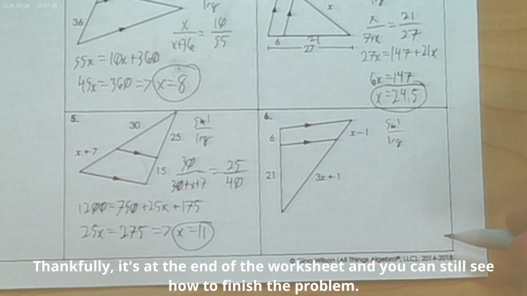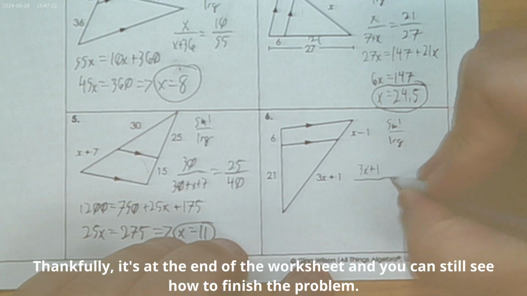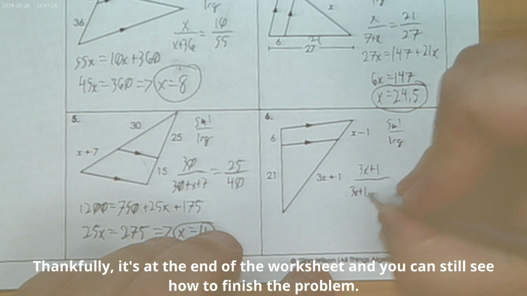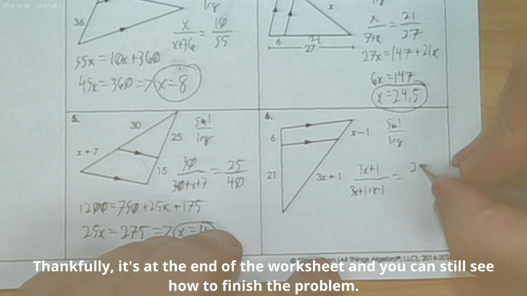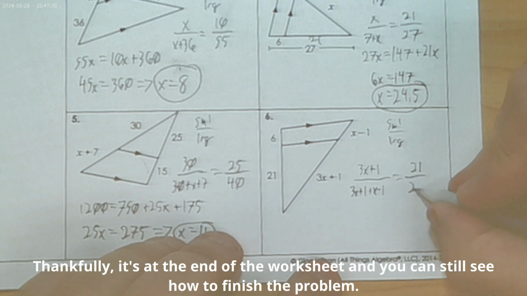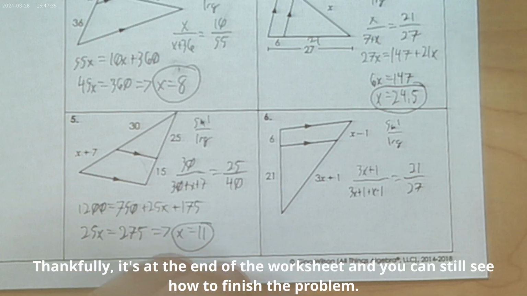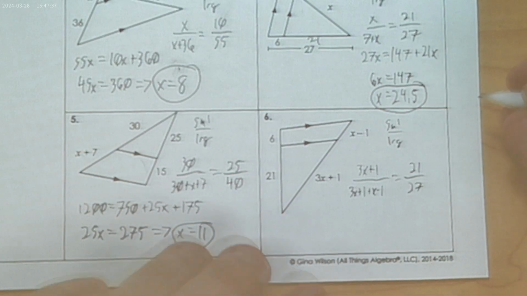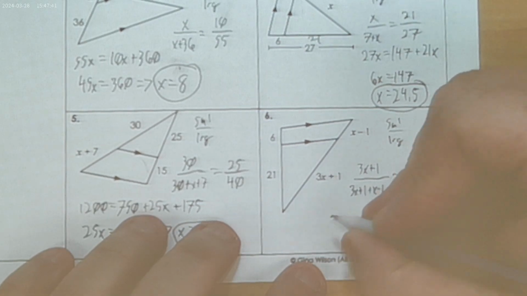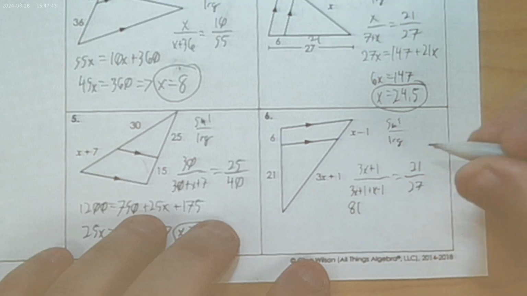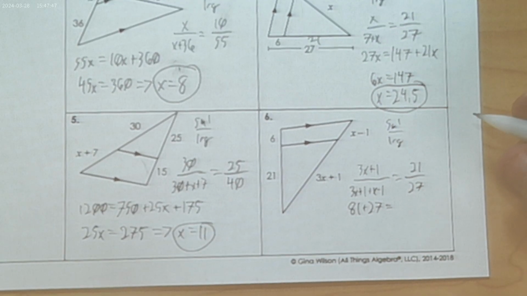So, all right. 3x plus 1 is to 3x plus 1 plus x minus 1 as 21 is to 27. Well, that's not really too exciting, but hey, we're working with it. So 27 times 3, so that's 81 plus 27 equals 21 times 3